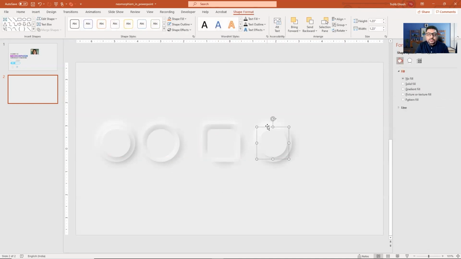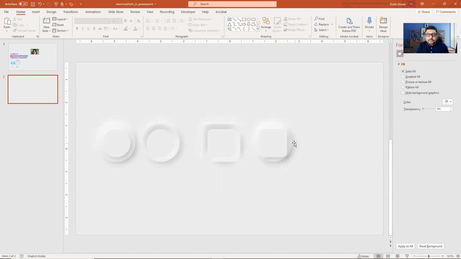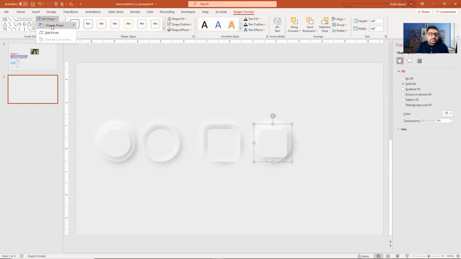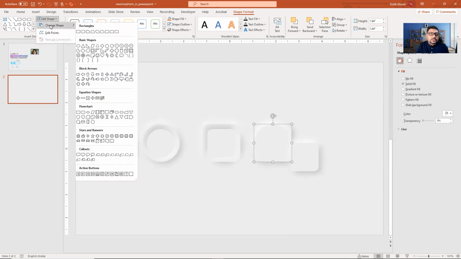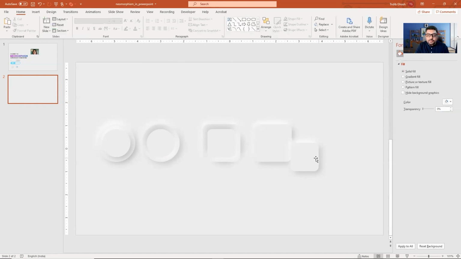And now you have to do the same thing. Go over here, change the shape to the cornered square. Lovely. For this one, again a square. Our circular inner base also needs to be changed. Perfect.